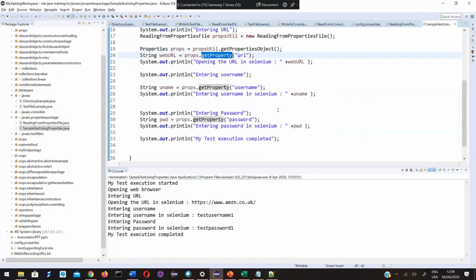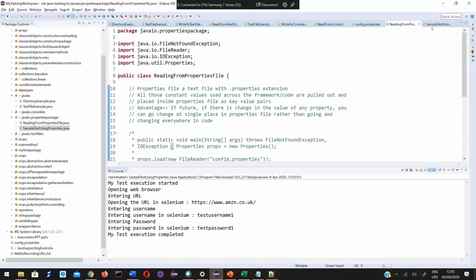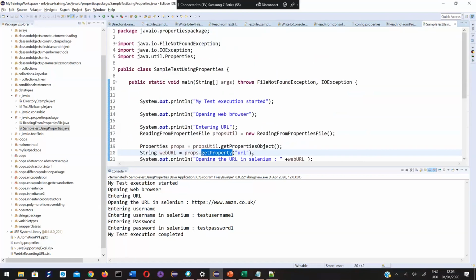You can do the same thing in all 100 classes. Okay, so everyone understood this? What exactly are we doing in this class and what exactly are we doing in this class? You understood the concept?